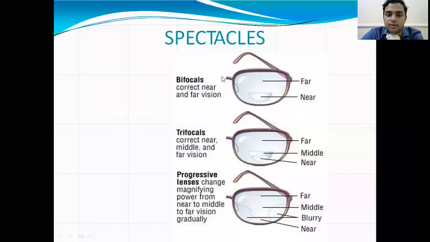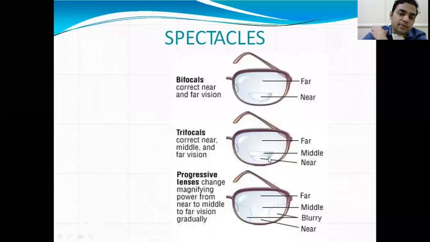So what is the treatment we give? We prescribe bifocal glasses. Here, this is the bifocal glass. The upper part is for correction of the distant refractive error, and this part is for near vision correction. The patient may use trifocals or multifocals, which have different zones for far, middle, and near vision correction.